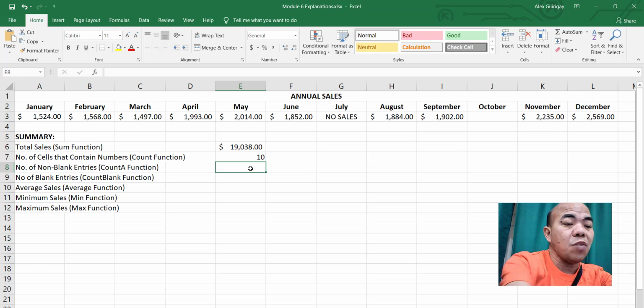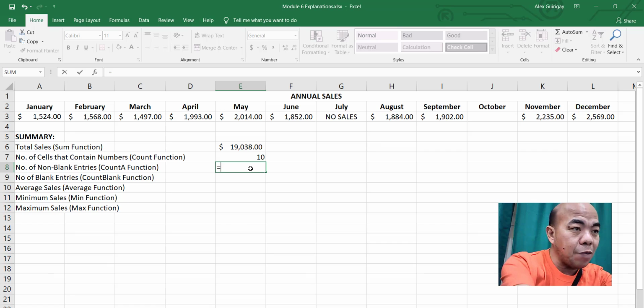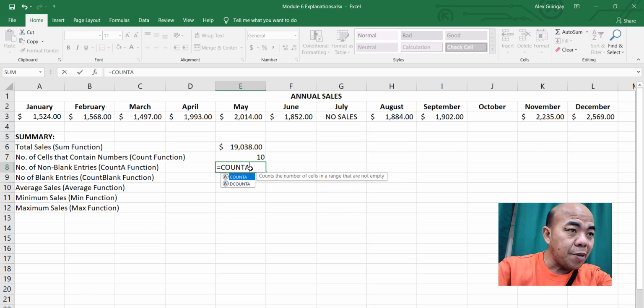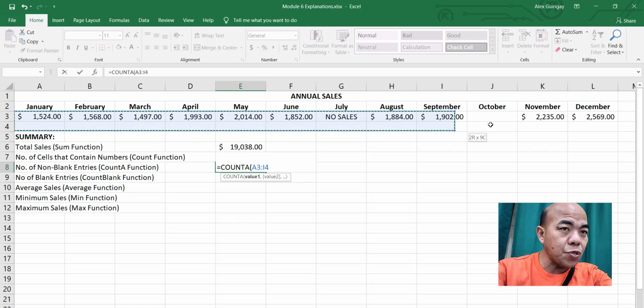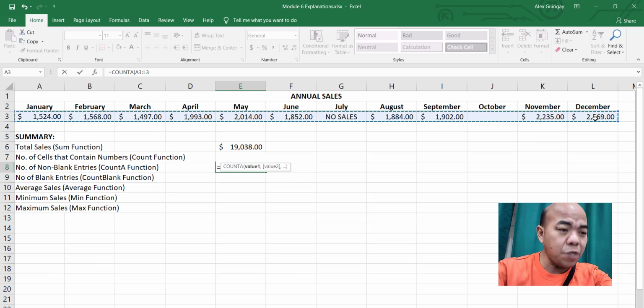All you have to do is press equals again, then select COUNTA, then select your range starting here from January down to December again.